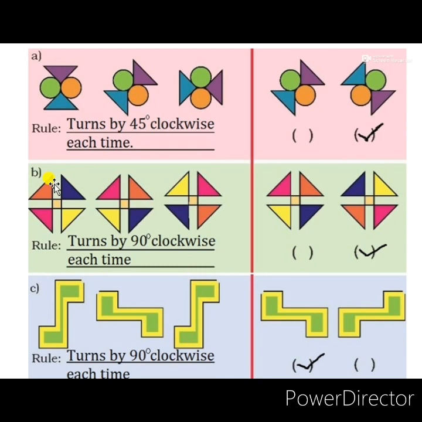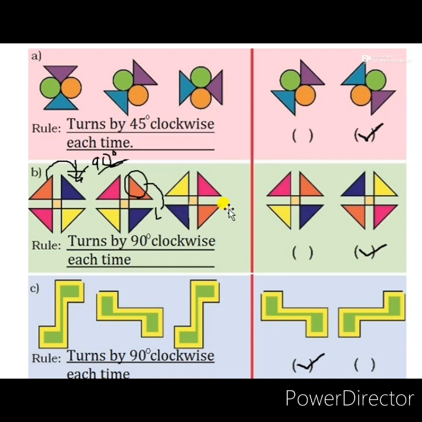A 1/4 turn is being done. 1/4 turn means we know that 1/4 shows a 90-degree turn. 1/4 turn means a 90-degree turn to the right side. See that the orange color is coming from the left side to the right side, the top part. So that movement shows a 90-degree turn to the right side. That means clockwise direction. The third position shows that the orange color comes to the downside. That orange color again turns to the right side by 90 degrees.